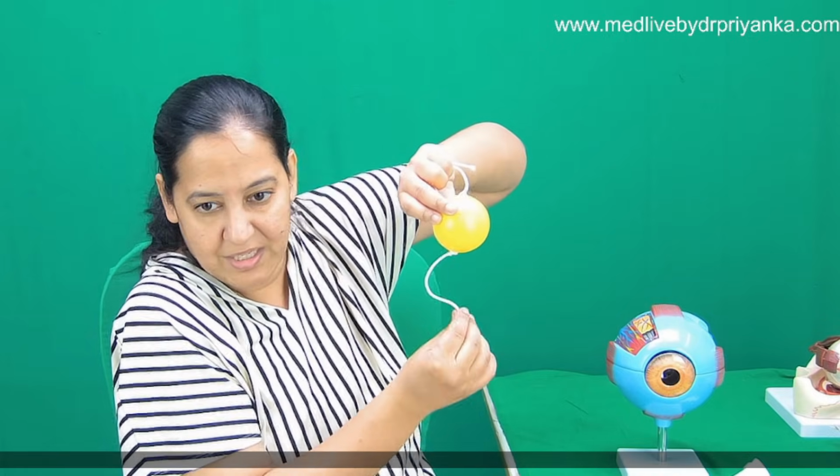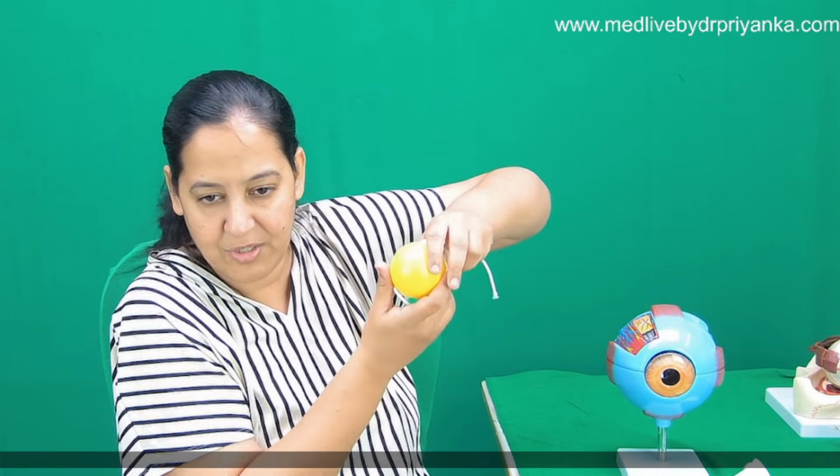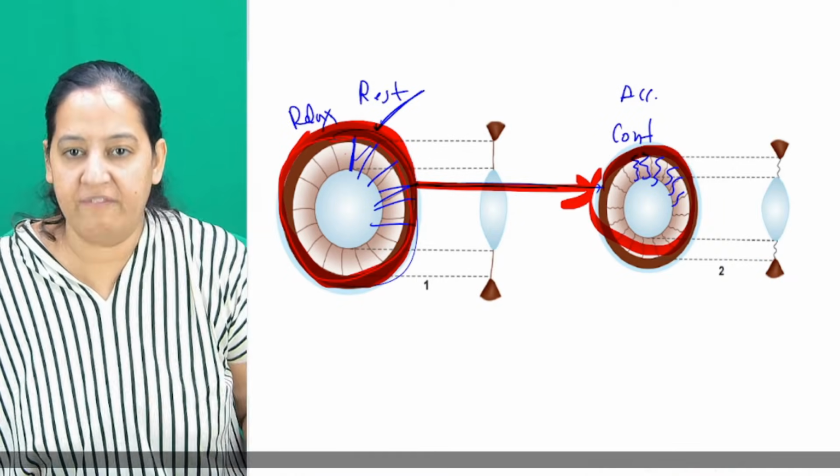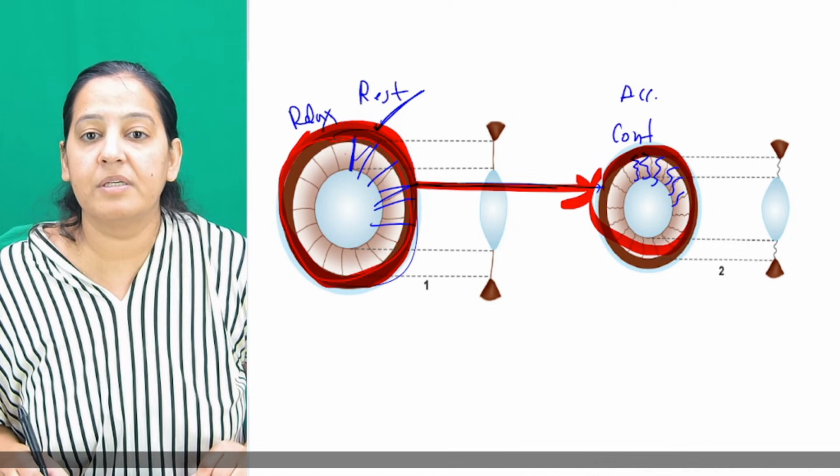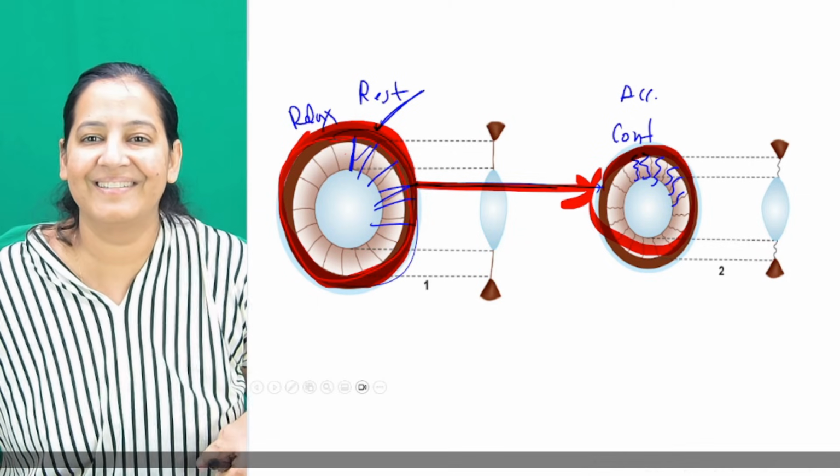So these become loose, like this. The lens becomes thickened like this. I hope you got it this time. Okay, so can we proceed? If you got all this, we are ready to start the errors, no?